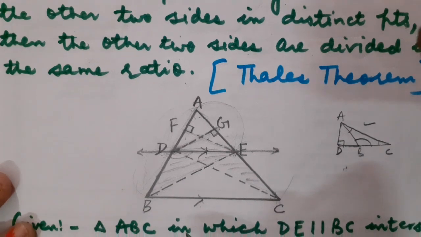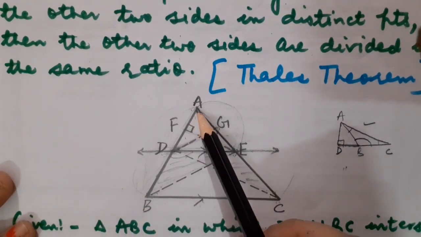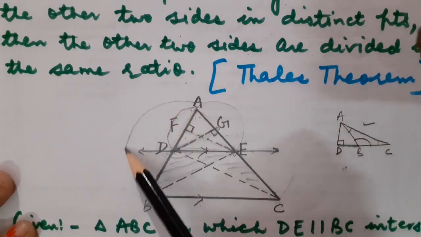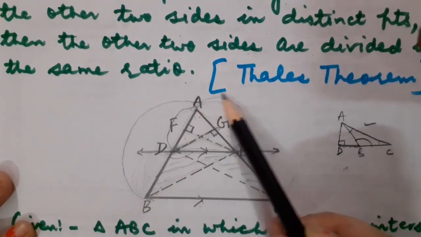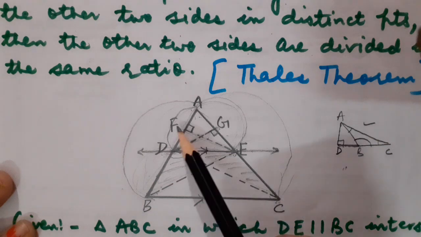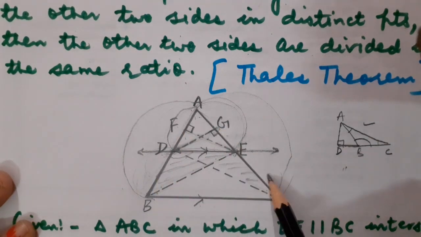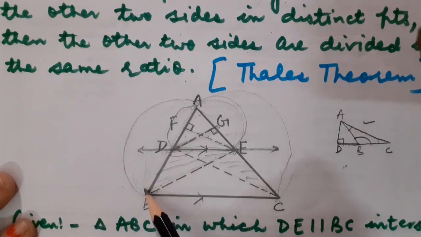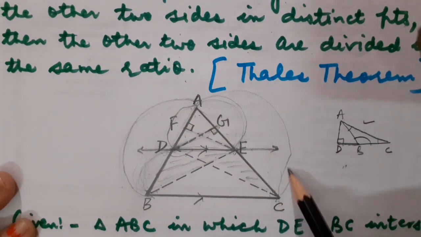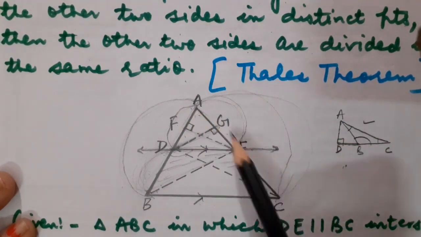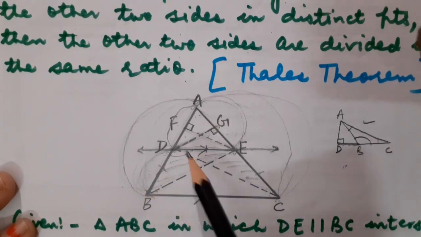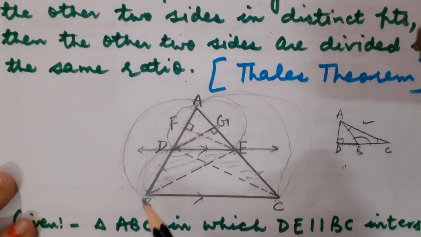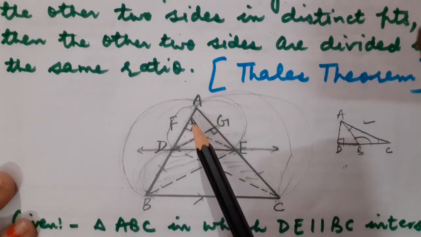Now, what is the corollary of BPT? In the corollary, children, we have to take this smaller part AD upon this bigger part, that is AB. AD upon AB must be equal to AE upon AC. Fine. Smaller upon bigger we have to take. Or you could take like this also. DB, this smaller part, upon AB is equal to CE upon AC. This smaller part divided by bigger part and this smaller part divided by bigger part. Means either of the two smaller parts you can take divided by the bigger part, the complete side of a triangle also.